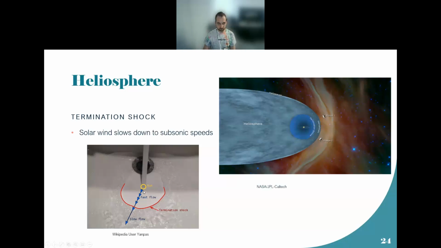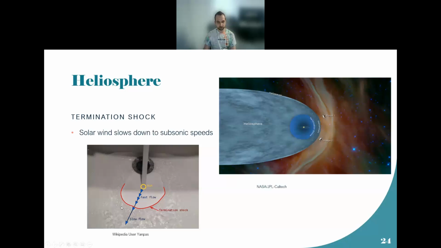And at first, the water is going very fast, faster than the speed of a water wave, so it's supersonic here. And then there's a shock front where the water gets slower,